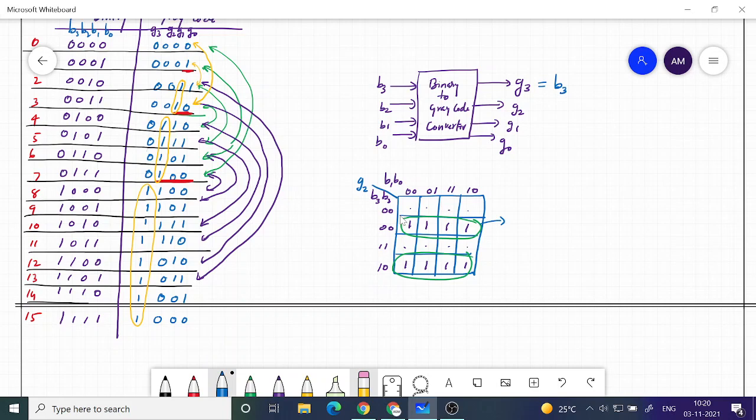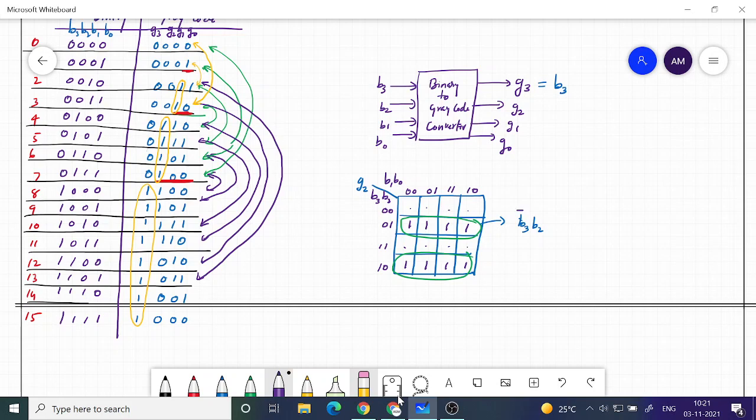So what is this group? It is only 1 when both B3 and B2 are 1, so this is B3 B2. Sorry, I made a mistake here. The entry that I have given here is not 0 0, it is 0 1. So 0 0 0 1 1 1 1 0.